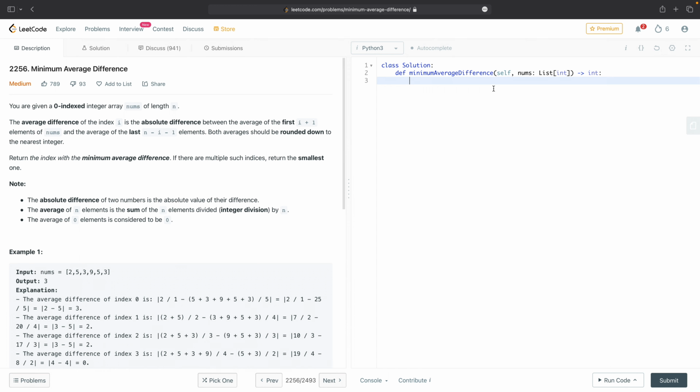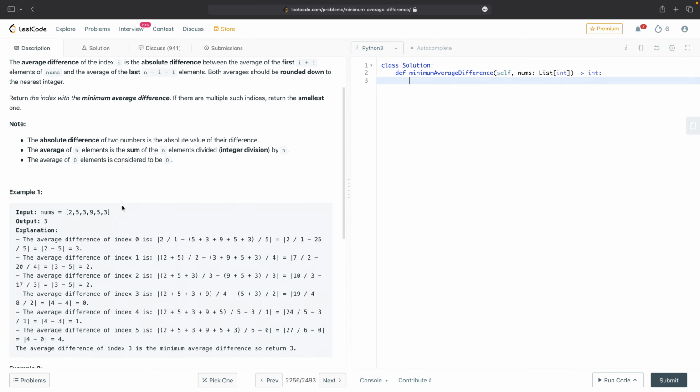So I'm just trying to think of the way to do this. So we can do this quite directly. For every I, compute the average of things up to I, compute the average of things after I, and calculate the absolute difference, and then find the minimum index such that that is true. But